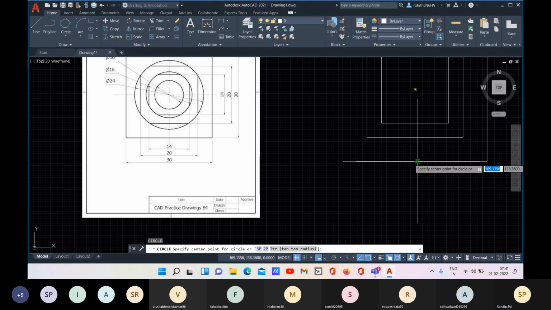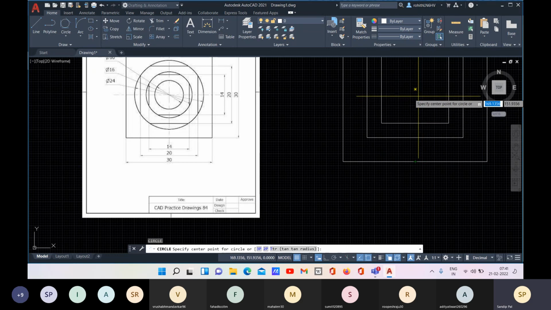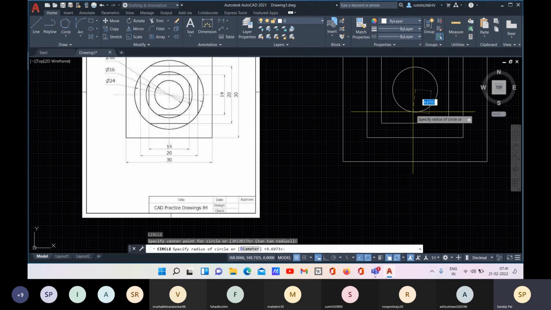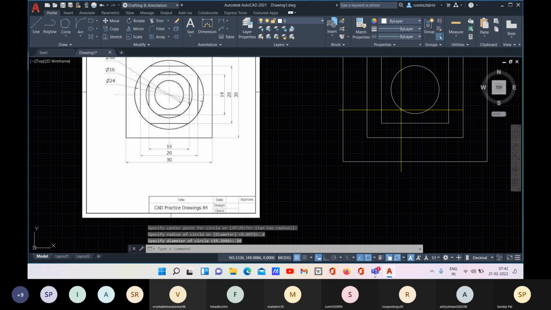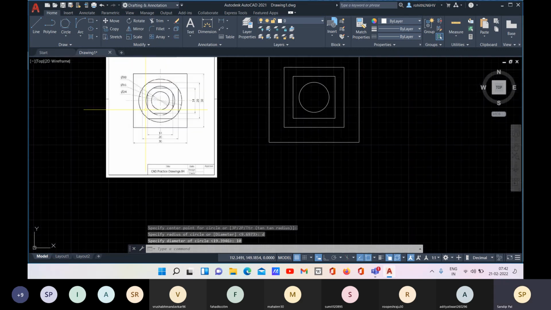So now let's create the circle. I'm placing my mouse on the circumference of the perimeter and then specify the center, and then you need to specify the diameter. For that, D enter and go with the diameter values. Let's go with the smaller one first. The smaller one is 10, right?